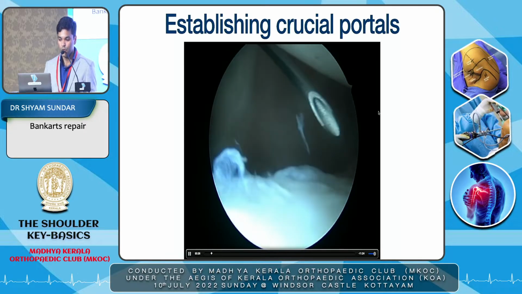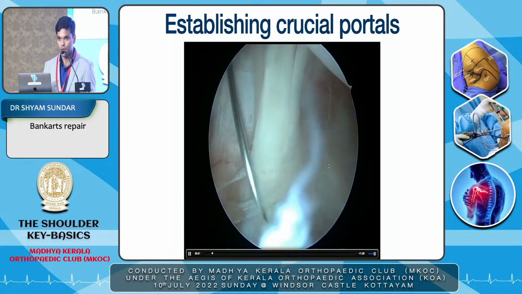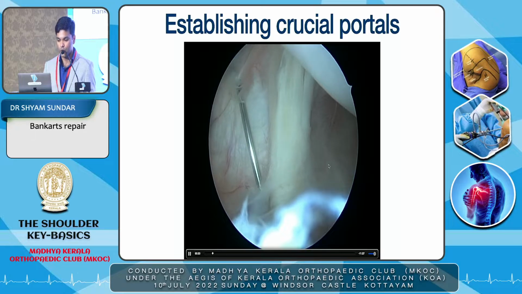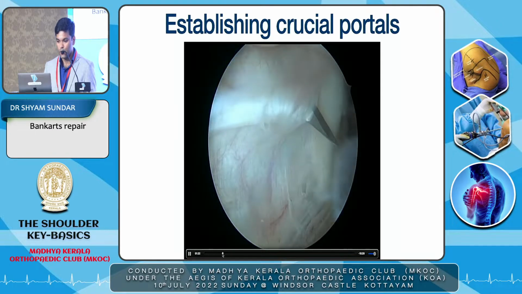so that I have a good angulation and trajectory pointing towards the 5 to 6 o'clock position of the glenoid labrum, so that I place my first important anchor at the 5 or 6 o'clock position. Then, after establishing the anterior portal, I go to the,